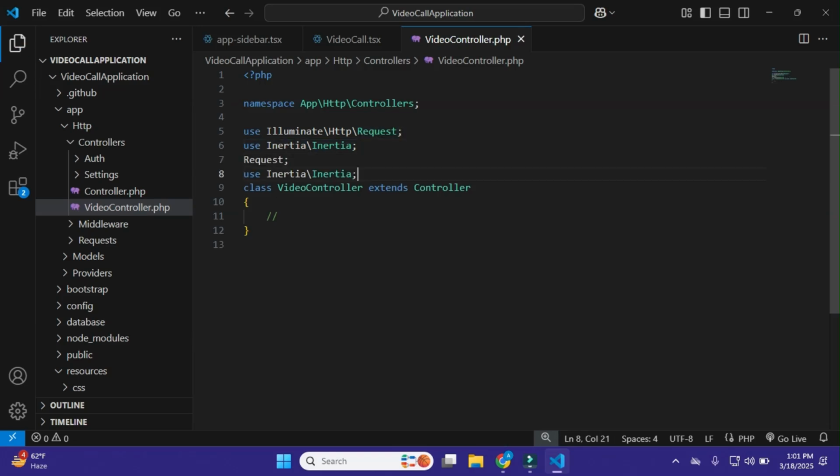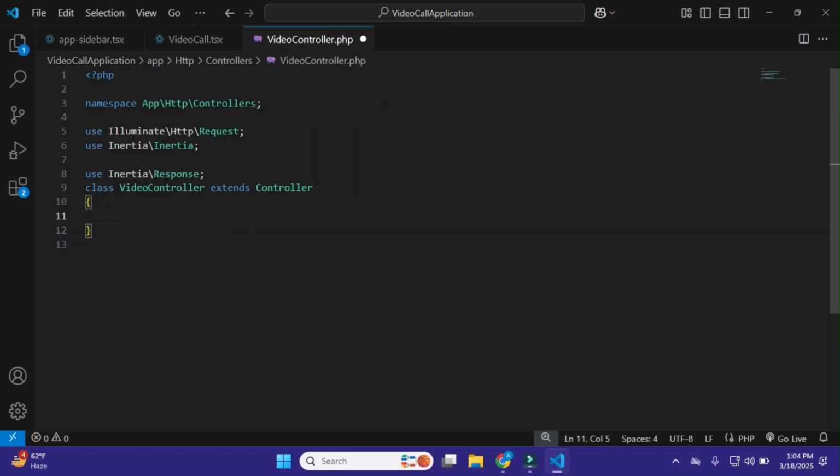Just copy it again, paste it here and remove it, and this time I'll use Inertia and add the Response, and click on save. That's it.